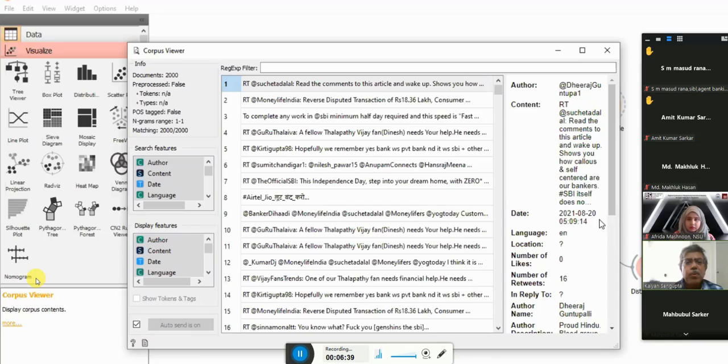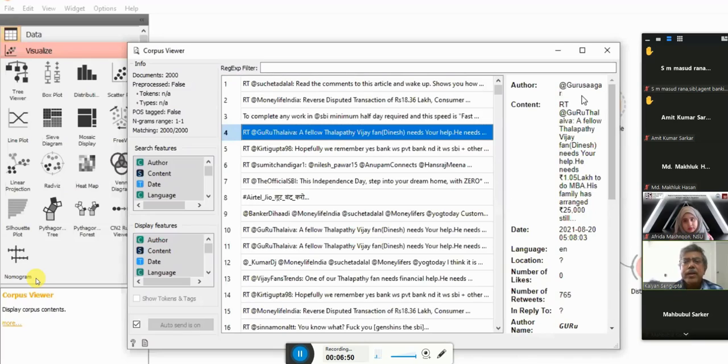If you look, this was Dheeraj, the fourth tweet. This is something like Guru Shankar. So you can see the name of the author on Twitter and the content of the tweet. We are mostly interested in the content of the tweet.